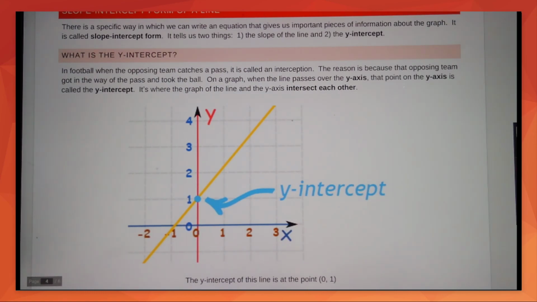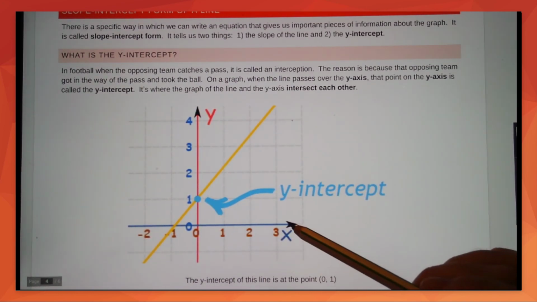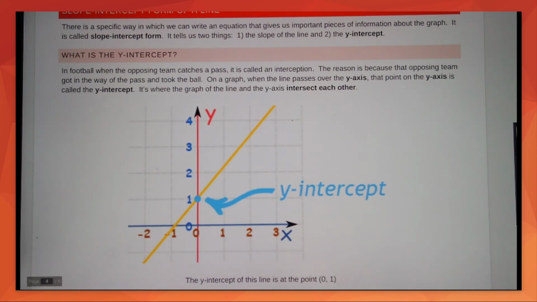So, why do we call it slope-intercept form? Well, there are 2 pieces that the slope-intercept form tells us about the graph. It tells us the slope and the intercept. It's in the name, okay? And slope we just got finished talking about. But what does it mean when we're talking about the intercept? Well, the intercept on a graph, first it depends on if you're talking about the x-axis or the y-axis. In this case, when we're talking about slope-intercept form, we are always talking about the y-axis